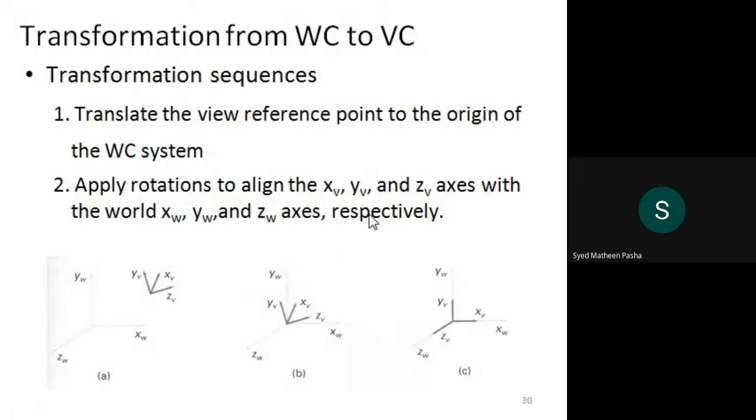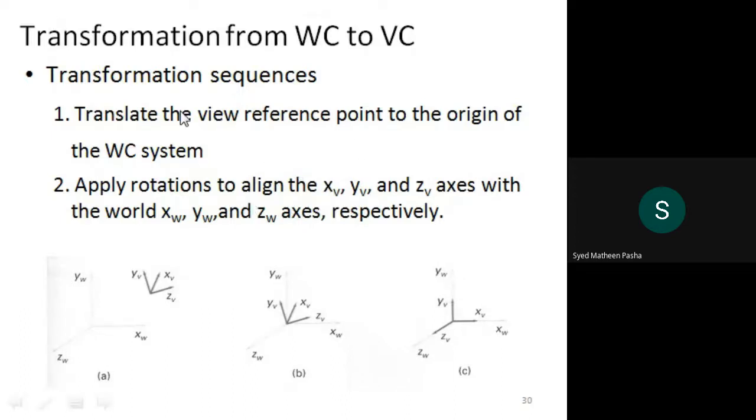Then let's see how the sequence happens with respect to world coordinates to viewing coordinates. The previous slides represented the initial steps, or the basic concepts, you need to remember with respect to the transformation. As I told, in the sequence, first the translation happens with respect to some reference point at the origin, and then we'll be applying rotations on it. So we'll check out how this is done.